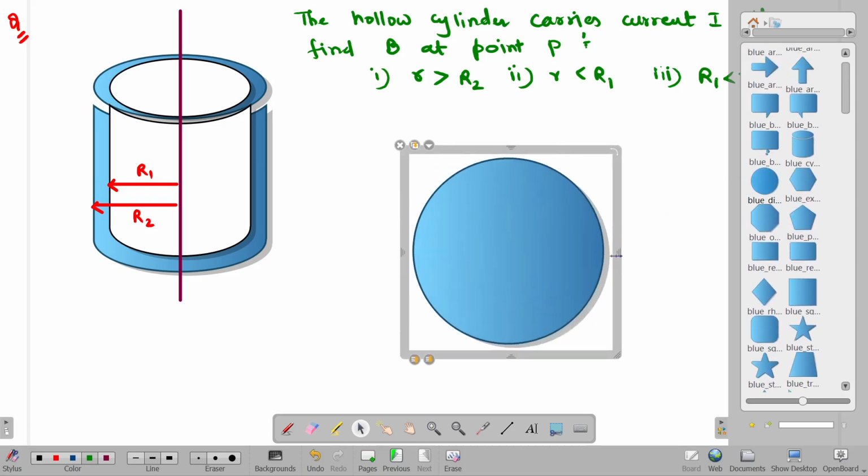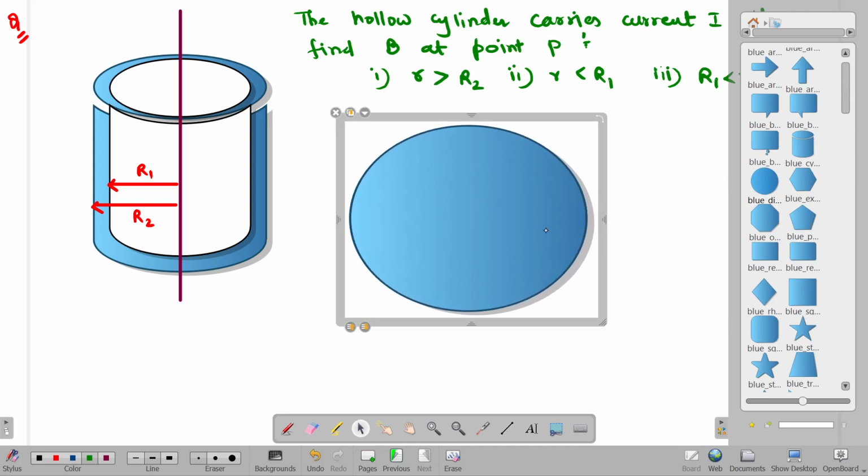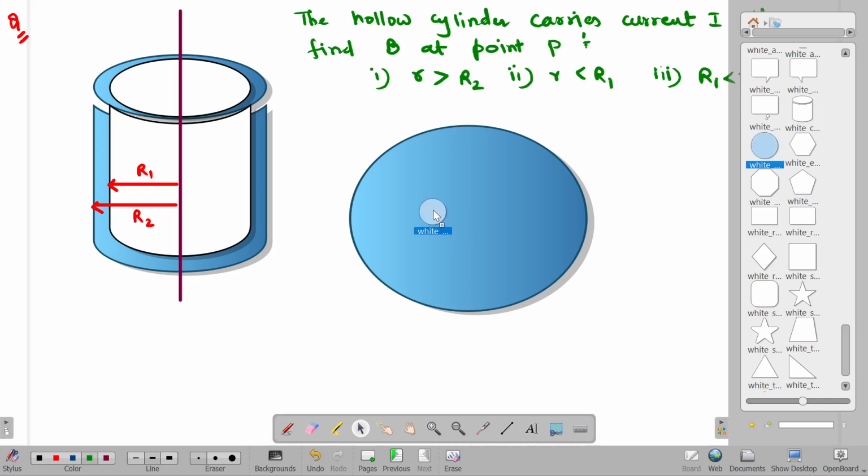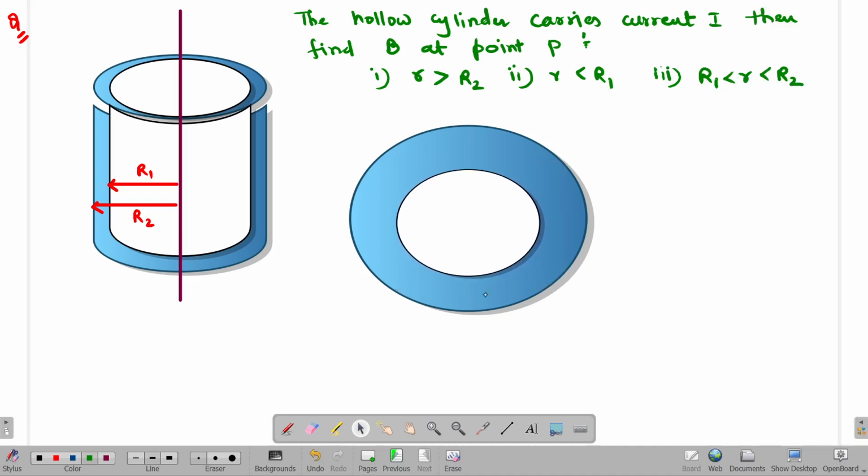If this will be the visible cross section or not. If it is a solid cylinder, I take out some part of it. Then this is my cross section, which is of a hollow cylinder, or not. That means current is only present between R1 and R2, isn't it? Yes. So this is R1,